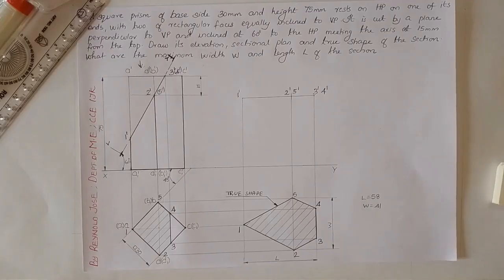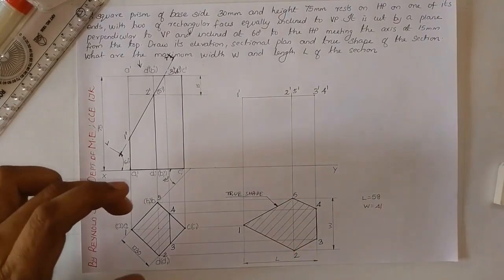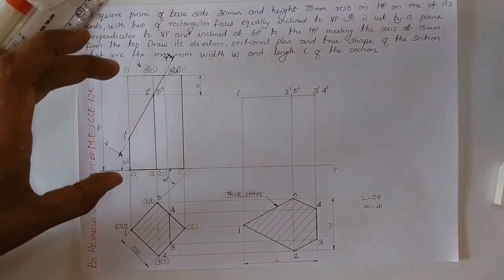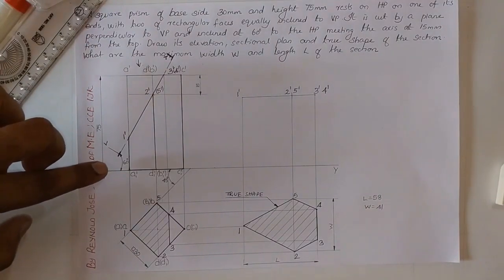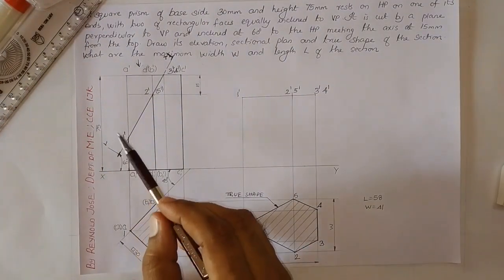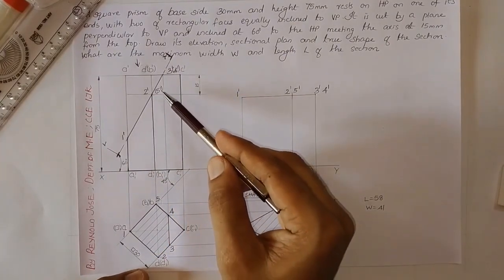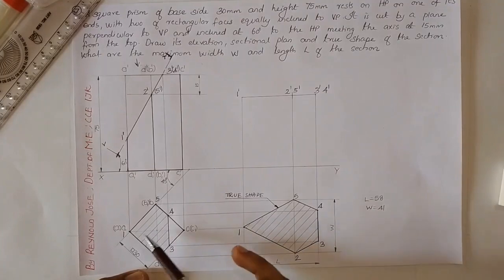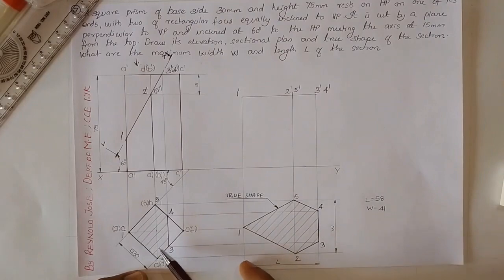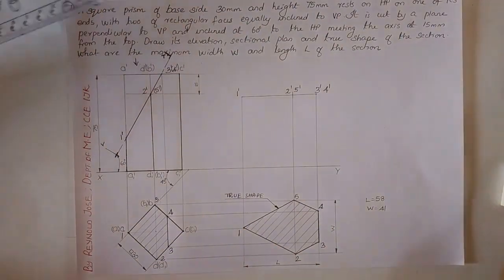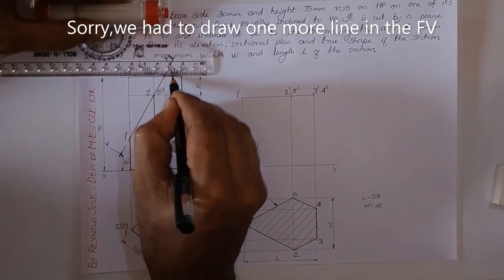We shall have a quick review of the procedures. First step is to draw the symbol front view and symbol top view of the solid using type B lines. Second step is location of the section plane. Third step is to mark the meeting points of the section plane with the front view, 1 dash, 2 dash, 3 dash, 4 dash, 5 dash, etc. Then transfer it to the top view, hatch the inside region, then draw the remaining regions in the front view and in the top view. In this case, we had to draw one more line in the top view. So this is also remaining here. Sorry.